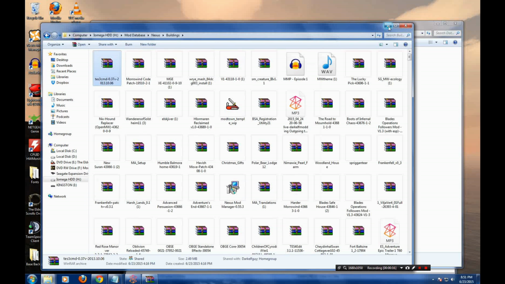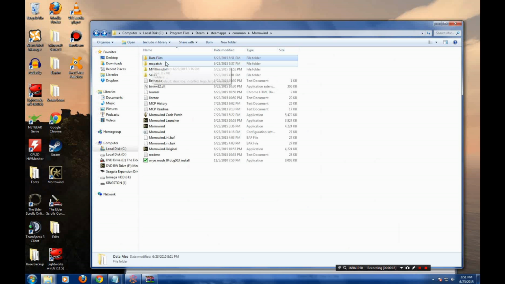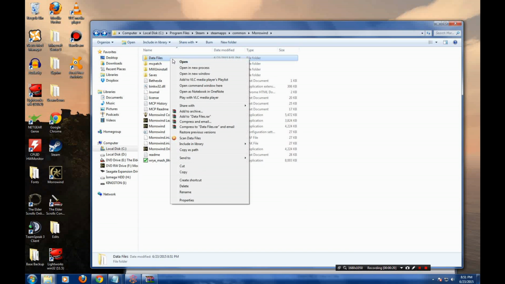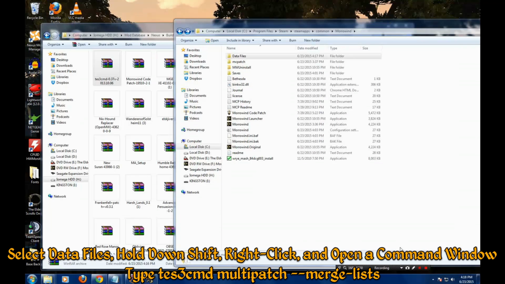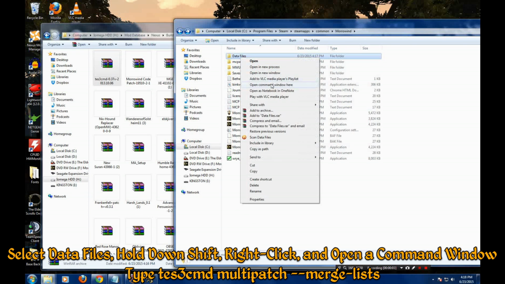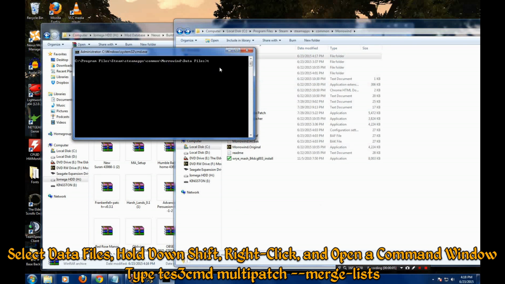And TES3CMD is a command line program. A lot of people don't like using command line programs because they think it's confusing, but it's actually very simple to use. Now real quick, I'm going to show you how to use a command line program. Just go to the data files folder in your Morrowind installation, hold down Shift, right click and go to open a command window. Then type in the command TES3CMD Multi-Patch --merge-lists, and then hit enter,